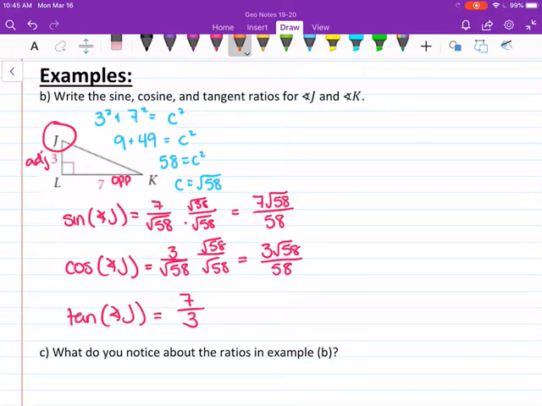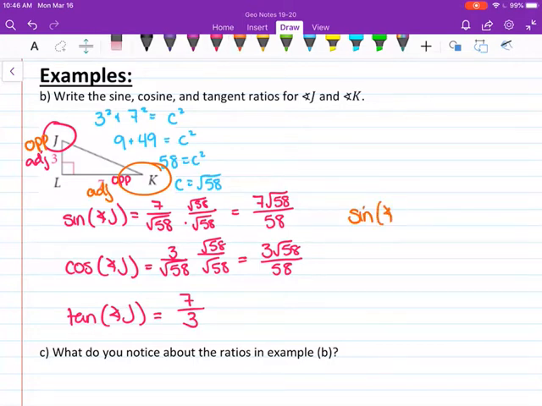Okay, next, we're going to look at angle K. And if we're using angle K as our angle of interest, now the legs are no longer the adjacent and opposite of what they were a second ago. So now the side with length 3 is my opposite side, and the side with length 7 is now the adjacent side. So the sine of angle K